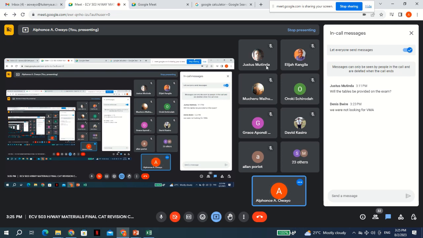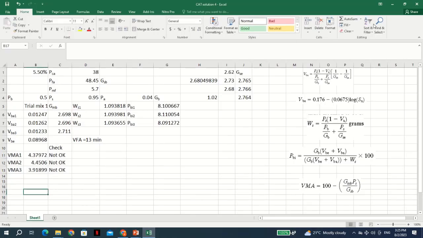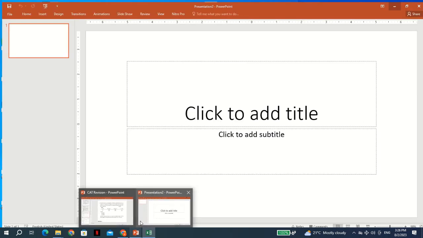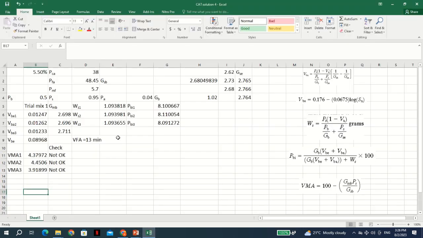Of course, if you are able to calculate the values and reach the binder content, the three of them, then of course you have some marks. But when you are looking for that extra thing, as an engineer, you need to check your solutions, because I have always said in this class: garbage in, garbage out. Whatever you input in a formula, you are going to get a solution. So at the end of it, you have to check whether the solution makes sense or not. Okay, that is what sets you apart. So class rep is there in